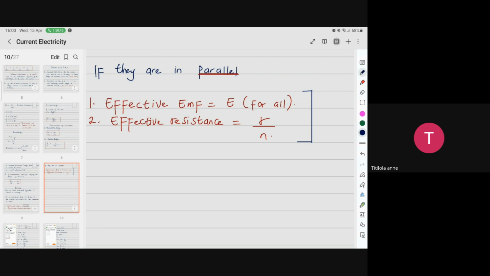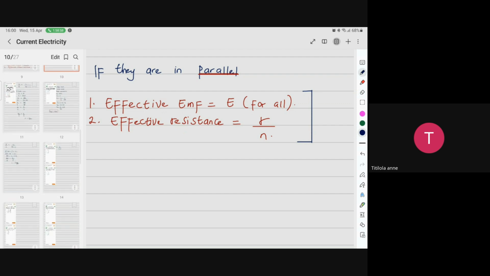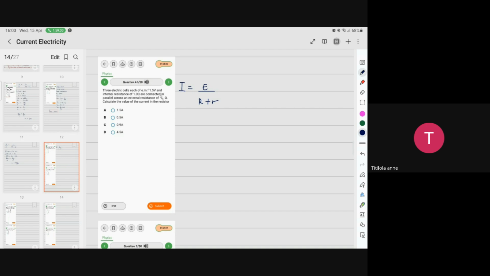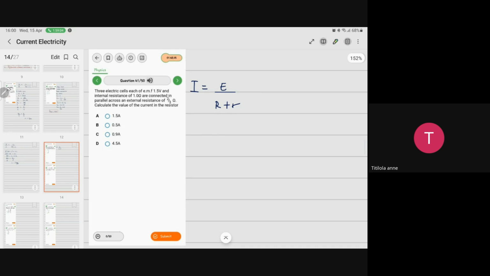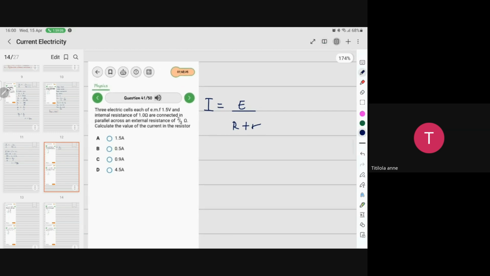I think with this, I've given you all you need, what I omitted before. So effective resistance and the effective EMF. Now, for that very question, you could observe something right here that they've given us. There are 3 of them, right? And because they are connected in parallel,